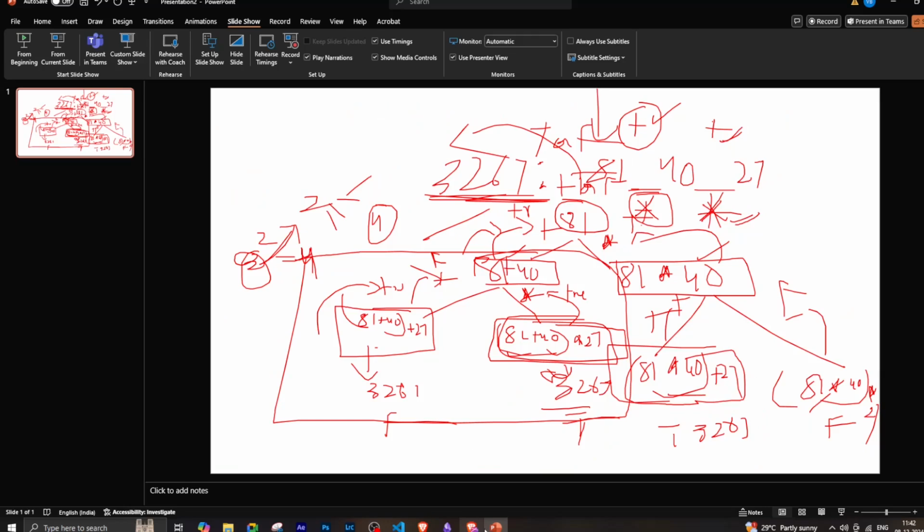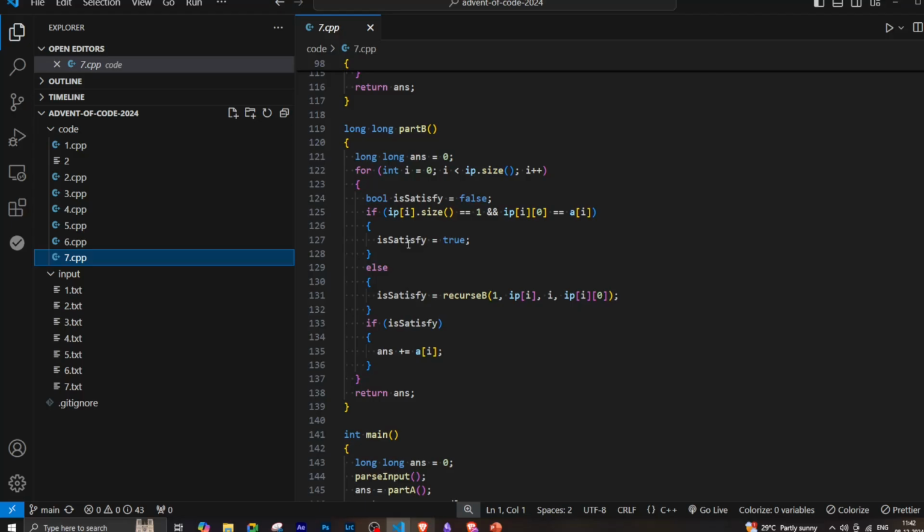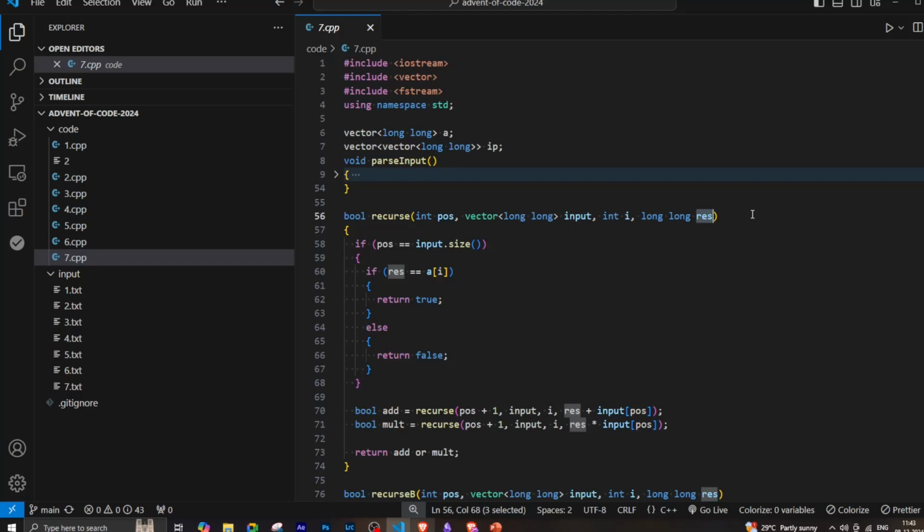So the tricky part here is the recursion and nothing else, and everything else is very straightforward here. So what I do is I call the recursion function, and the result is the first number, because we will have the first number, and from the second number onwards we need to make sure we either add the result or multiply the result. So we do two recursive calls here, one to just add and another to multiply. So for adding, I would just add the numbers. For multiplying, I would just multiply the numbers, and the eventual result of add and multiply, I'll do an OR